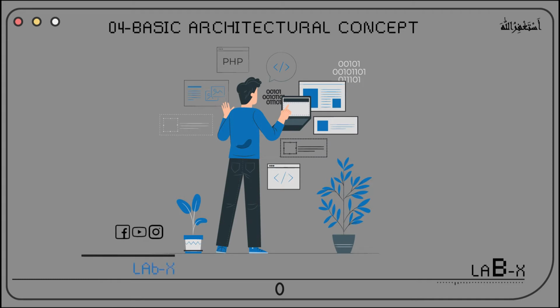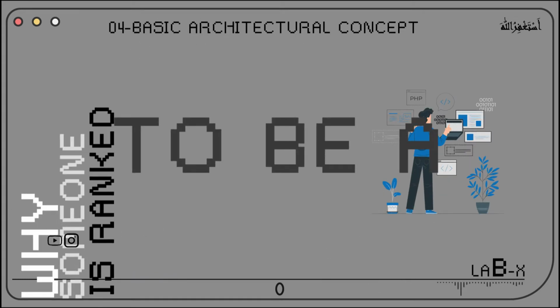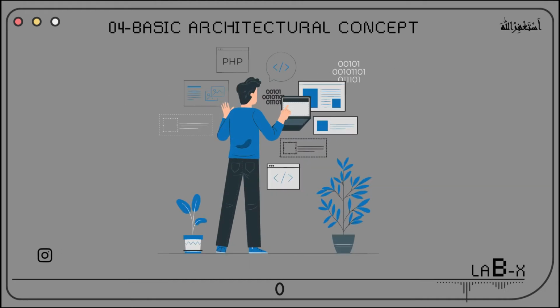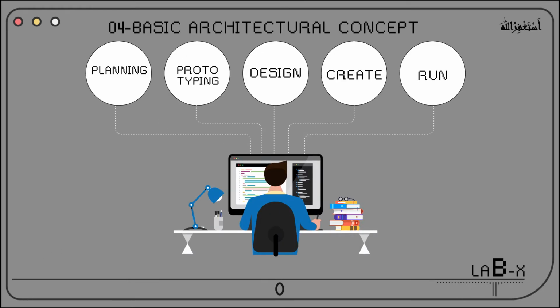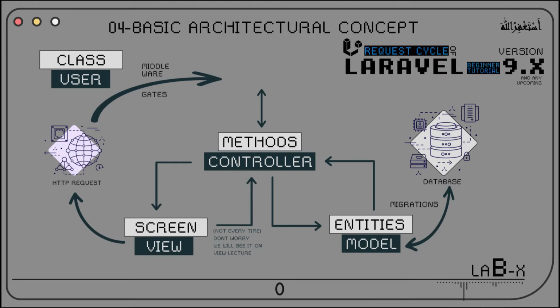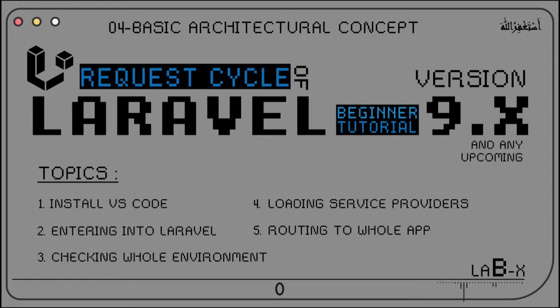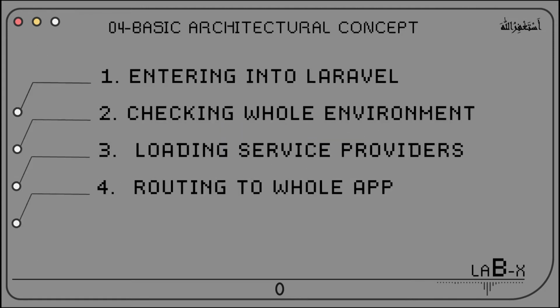Programmer plus developer friends, do you know why someone is ranked to be a professional? Because he knows how his tools work perfectly. Development of an app is not a different thing. Laravel is your tool. Knowing about it in more detail is very important. So friends, in this video, you will learn about the basic architectural lifecycle of the Laravel project in major 4